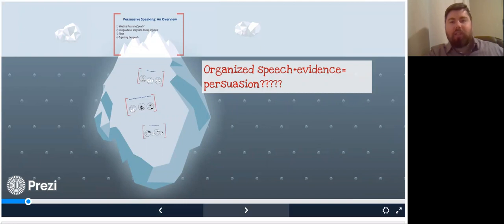And it's really easy to sink the ship, as if we're talking about the Titanic. Think about the Titanic. It was the largest boat made at the time, and they were confident that the Titanic could go through anything. And it had an encounter with an iceberg, and as a result, it sunk, and it was one of the biggest tragedies at the time. And you've probably heard the story.